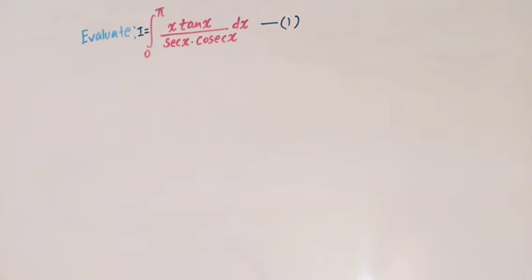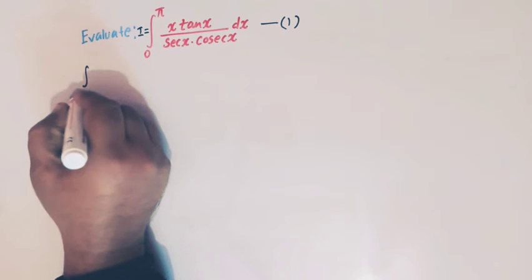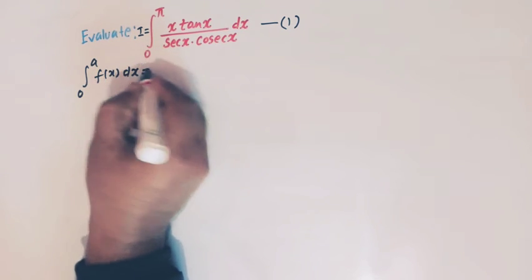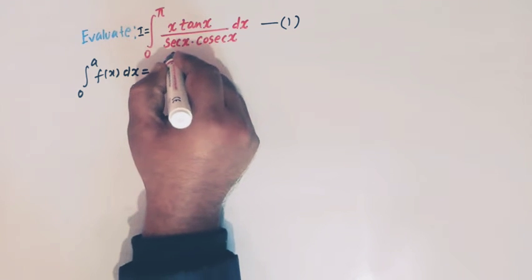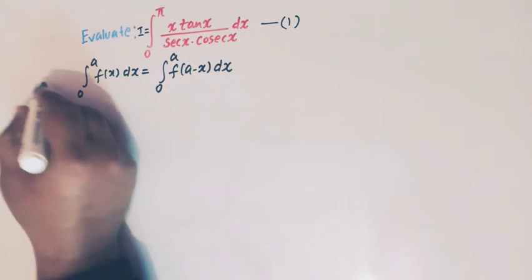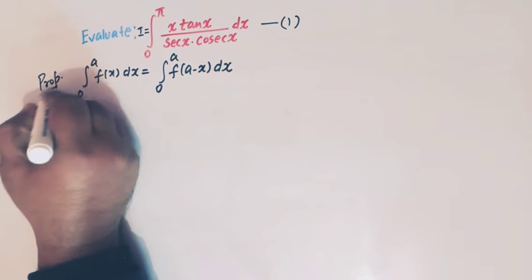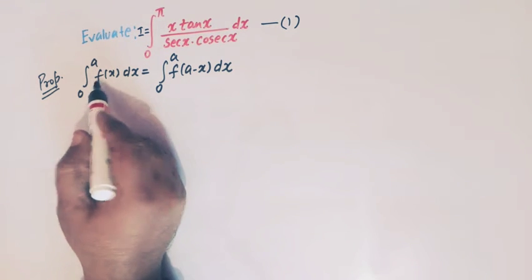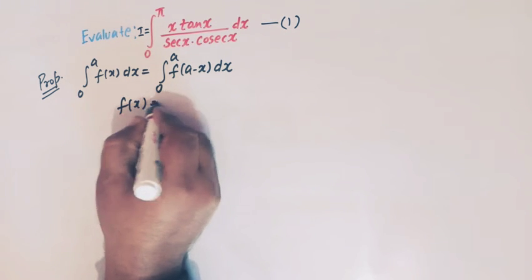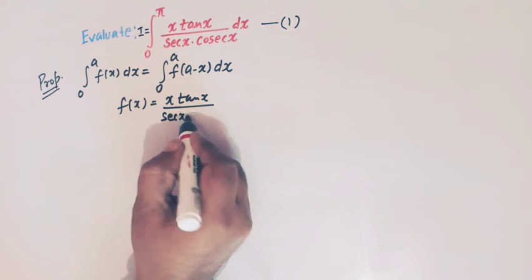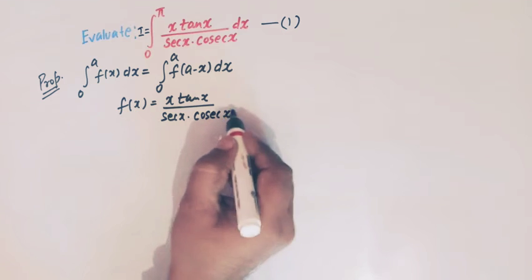Now, in order to evaluate this integral, we have to make use of one important property of evaluating definite integrals, and that is the integral from 0 to a of f of x dx is equal to the integral from 0 to a of f of a minus x dx, right? So this is the property which will be used to evaluate this given integral, right? So here we have f of x is x tan x divided by sec x times cosec x, and